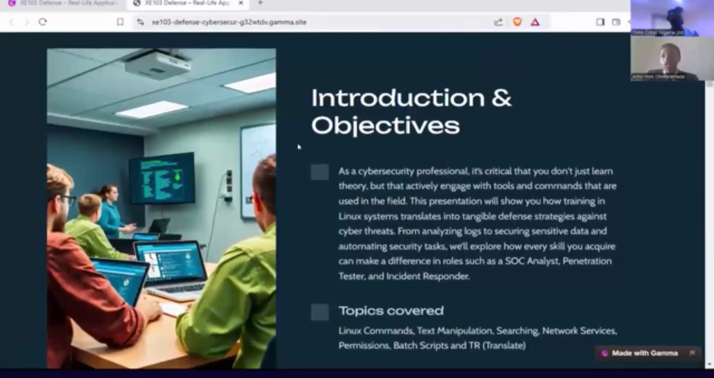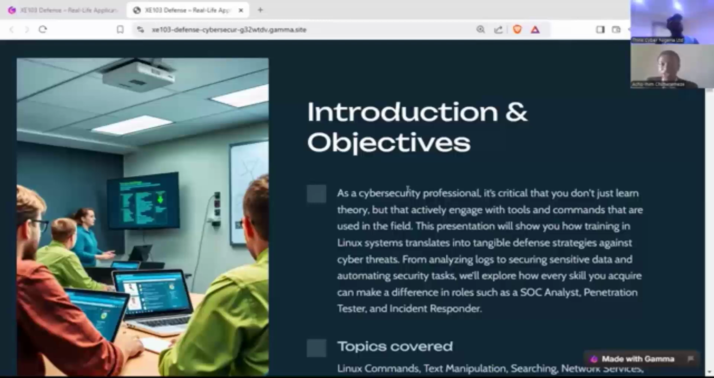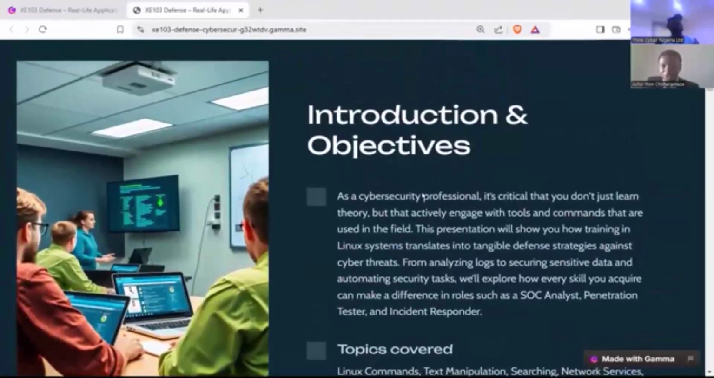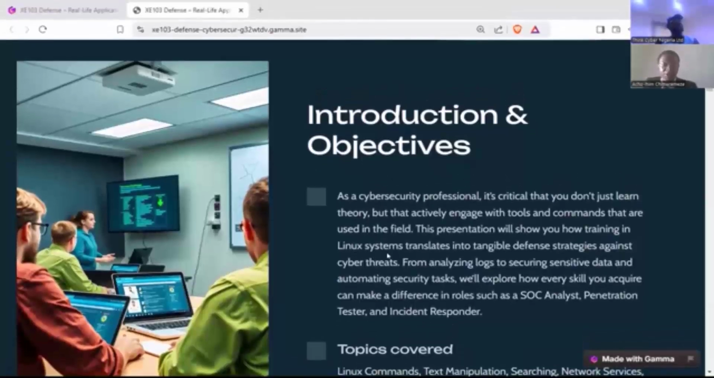Beginning with the introduction and objectives. As a cybersecurity professional, you don't just learn the theory, but you actively engage with tools and commands that are used in the field. This presentation will show you how the training and analog systems translate into tangible defense strategies